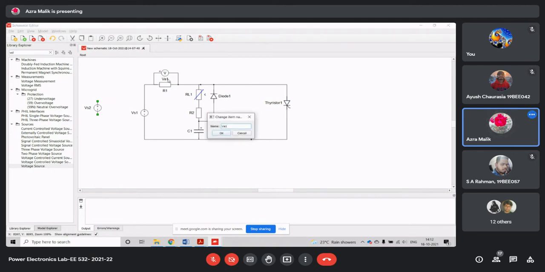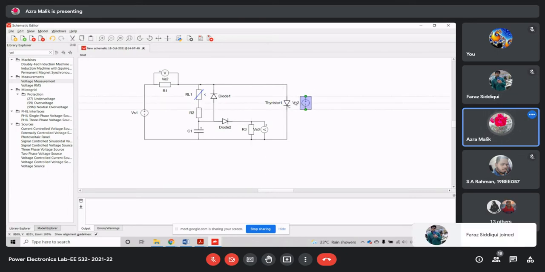Yeah, this should be VA2 for the load resistor. VA3 can be connected across this R3 resistor. And VA1 can be connected to this thyristor.